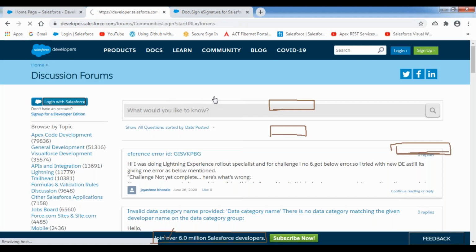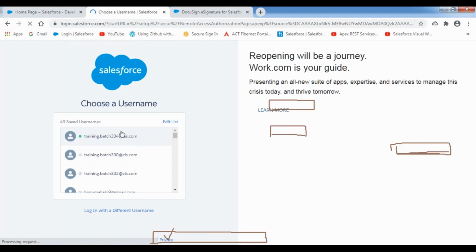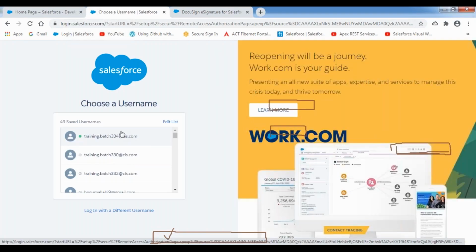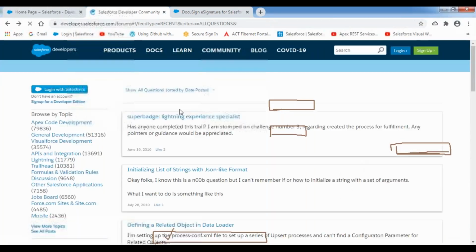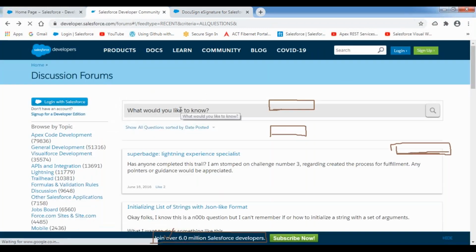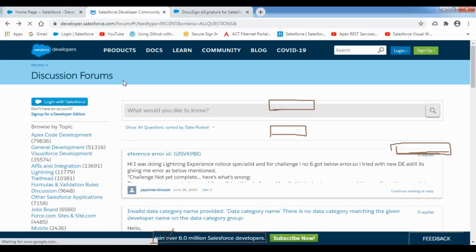Now, whatever Salesforce account credentials we have, specify those Salesforce account credentials, log into this community, post your questions, everything. No need to join this community separately. Whenever you create the Salesforce account, automatically you will be a member of this community. That is one of the major benefits. So here no need to feel alone. You have almost 60 lakh people available who are ready to help you out